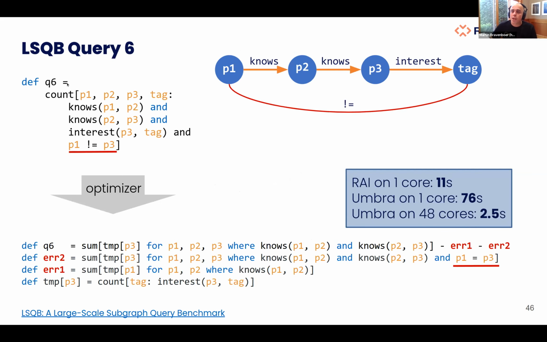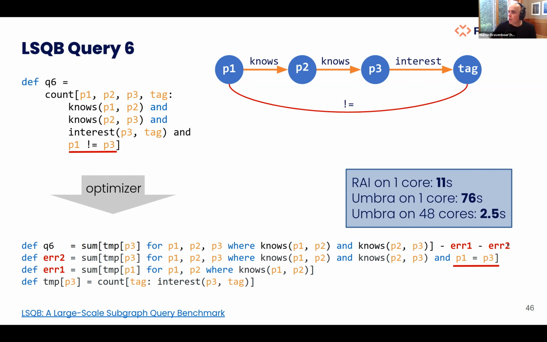This is an example from the LSQB benchmark. This is a count query, and this is the visualization as you show that. So a person knows another person who's interested in this tag, and, oh sorry, this arrow is wrong, it should be here. And these two cannot be equal. Now this is pretty tricky to optimize. I actually have difficulty explaining the optimized result, frankly. You really can't come up with this. But this uses the optimization from the previous slides to turn the inequality into an equality, and then compute first an overestimation of the count, and then subtract the error that you introduced while doing that.